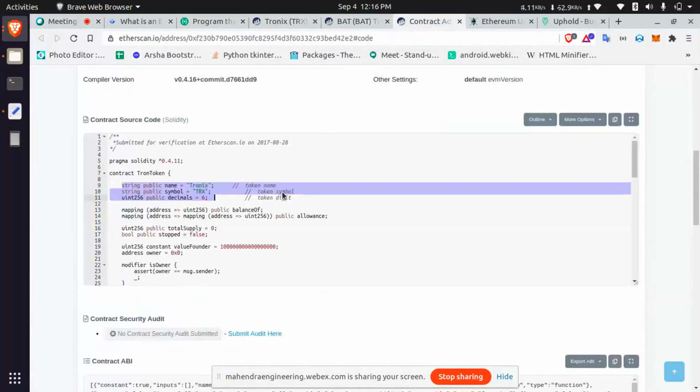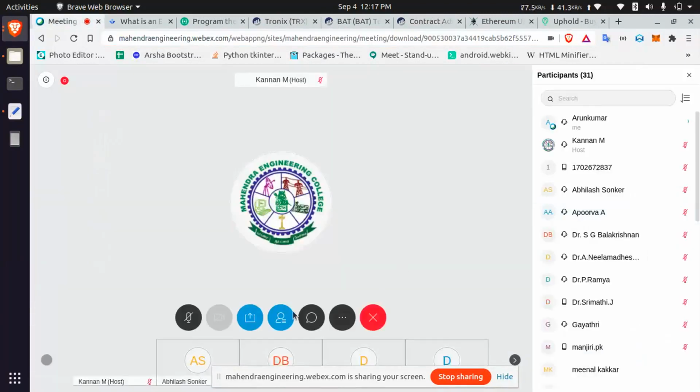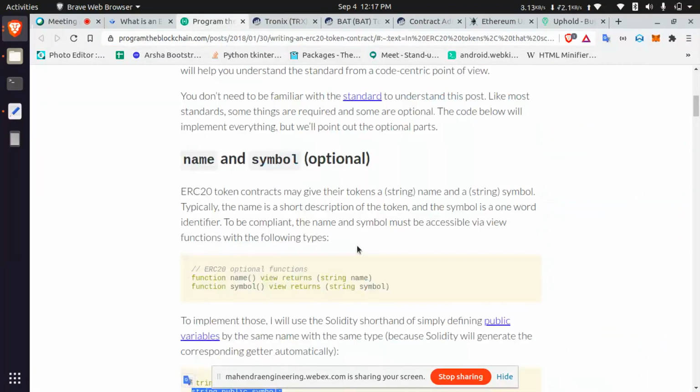But you can try to open your Etherscan, and you can identify whether the names are there or not. For creating a BAT-like token, you need no knowledge of Solidity.